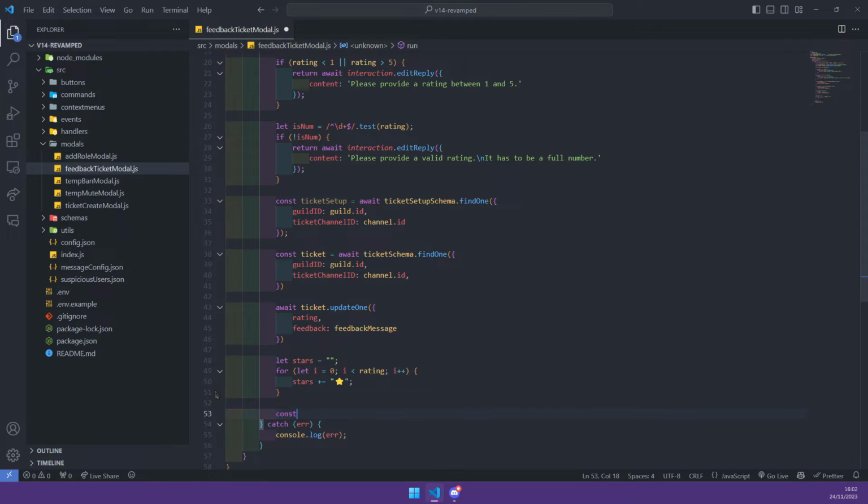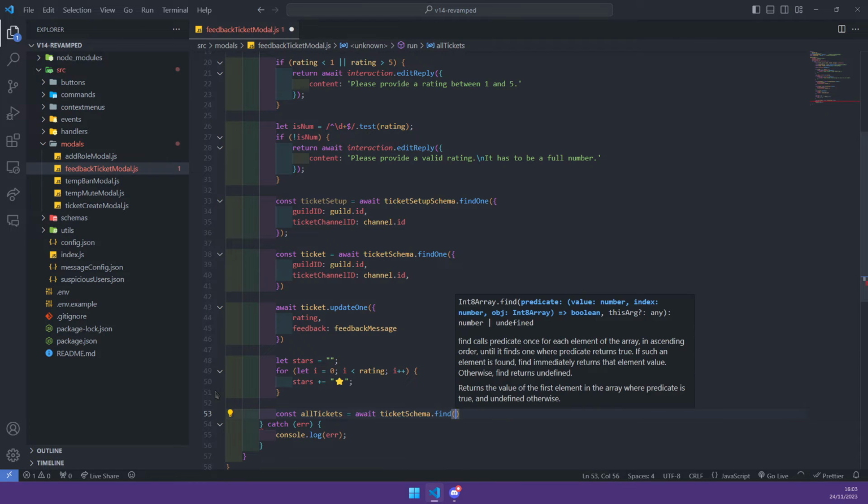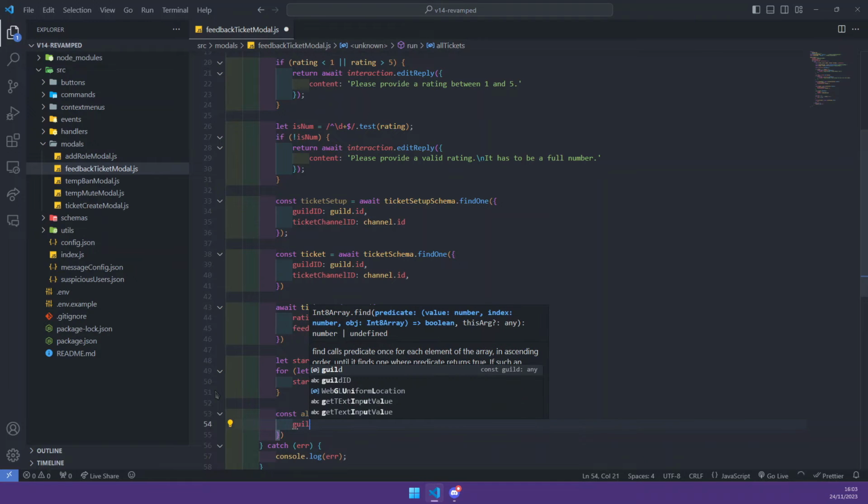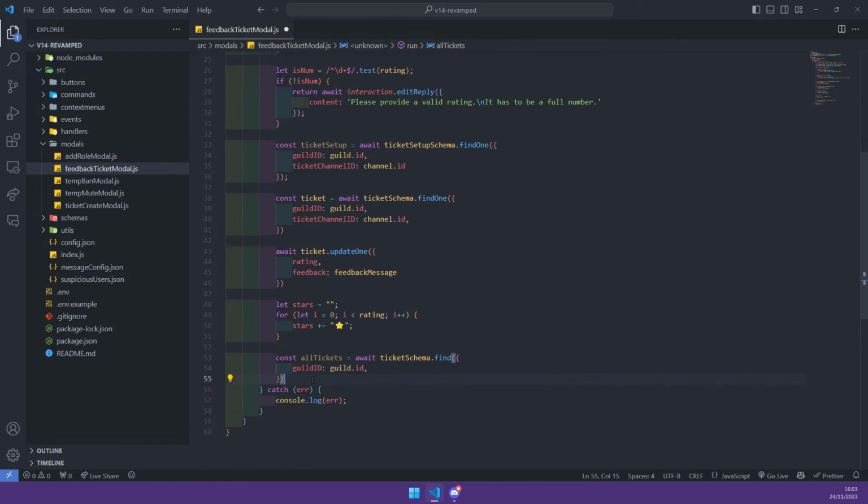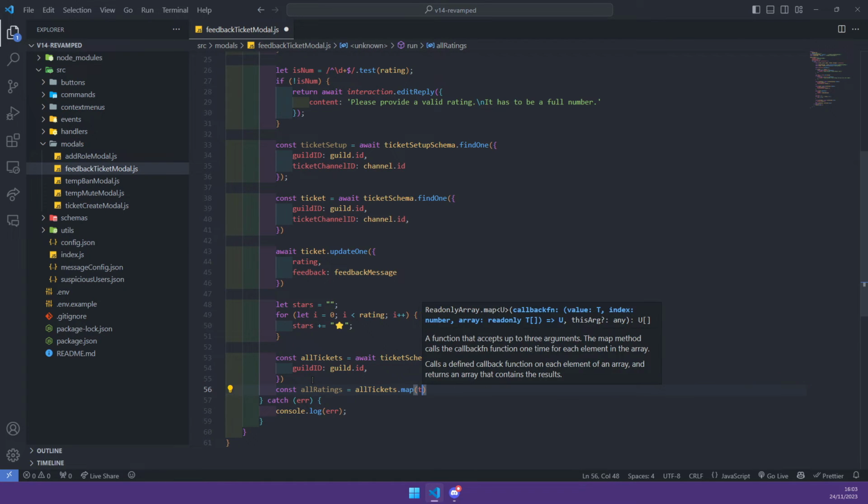Next, we're going to get all tickets. So const allTickets will be await ticketSchema.find. Oh no, .find, sorry. Guild ID, which will be guild.id. Next, we're going to get all the ratings. So const allRatings will be equal to allTickets.map t, which will be t.rating,